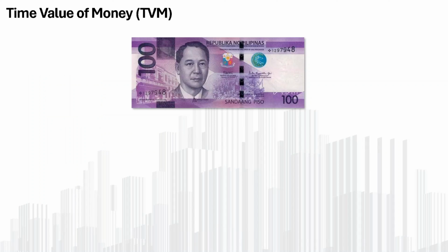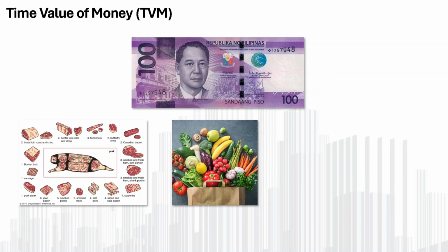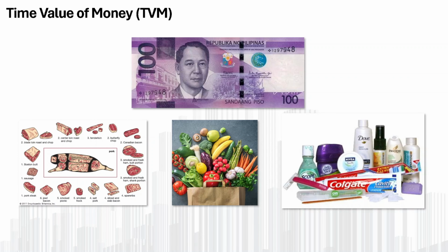So in short, even if it's 100 pesos or 20 pesos, the prices for basic commodities like, for example, meats, veggies, and other items that we actually need for our daily life that may not be organic, the prices of them will not be the same now as it was before. Okay, so the 1,000 pesos now and 1,000 pesos back then will not be the same, and that's because instinctively the money we have now loses its value due to its inflation, basically.